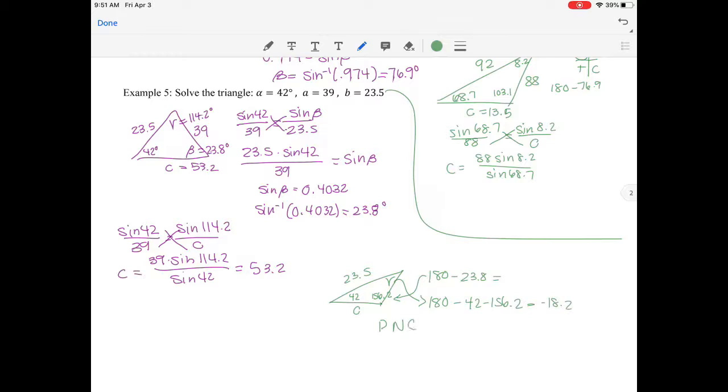So the issue is that these two angles are larger than 180. So therefore, this one does not exist. It has to be an acute angle triangle based on the size